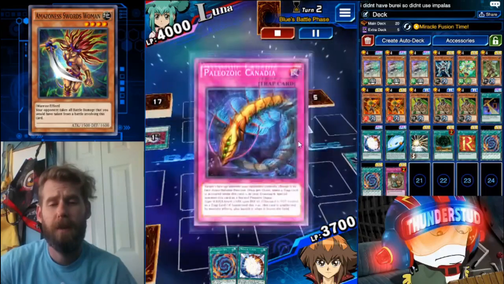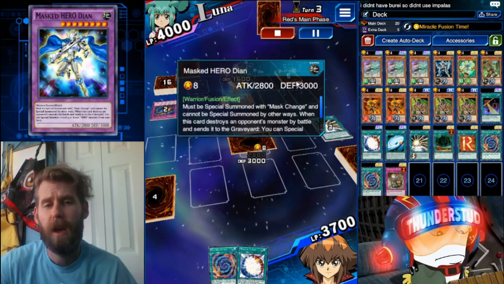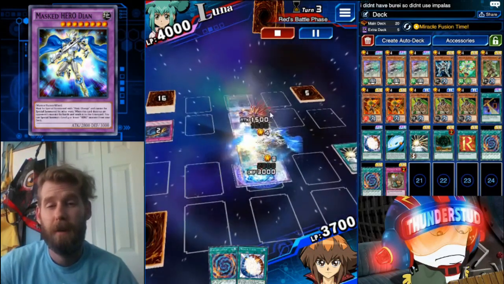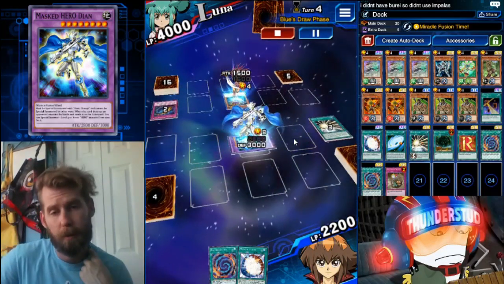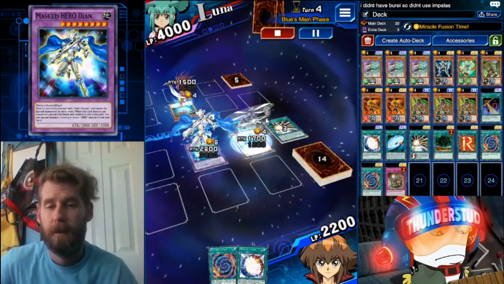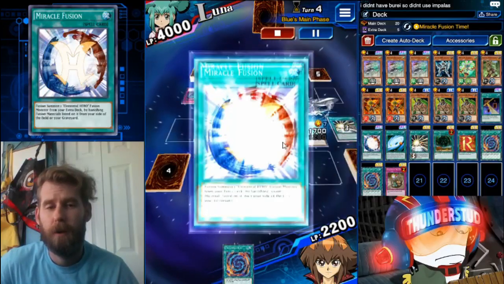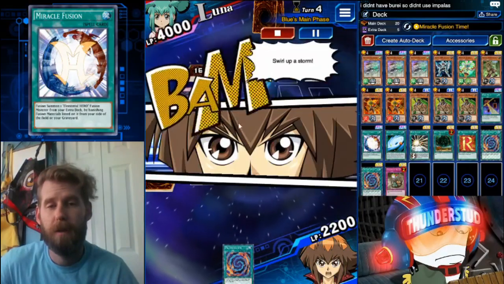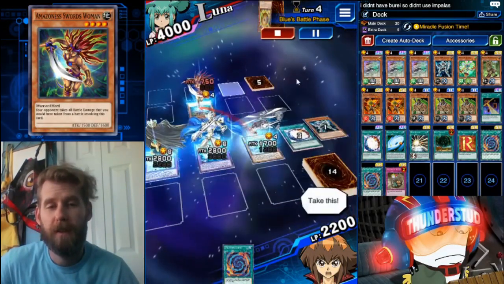Try to swing, get hit with a Canadia, but she's no Anki. Her defense is 3k, so she's good. Gonna take a lot of damage from a Swordswoman, but no back row anymore, so he's pretty vulnerable. Pull into a Tether Wolf. Summon our token. Miracle Fusion with just the token and something from the graveyard. Keep both monsters. Lower its attack, not the most useful effect against a